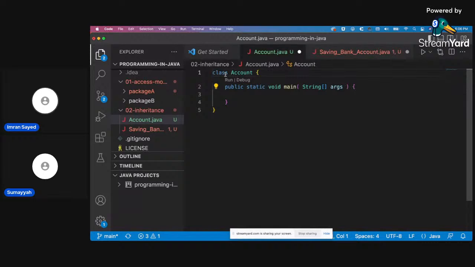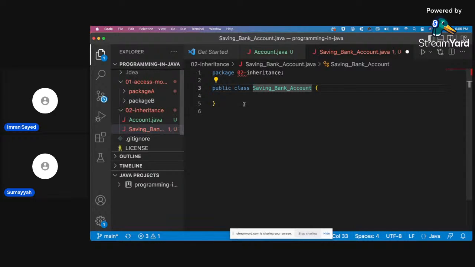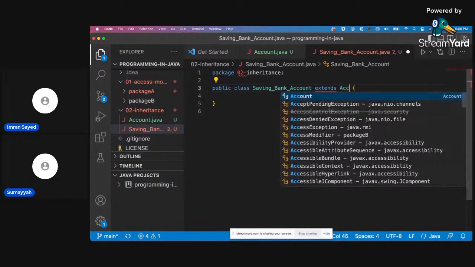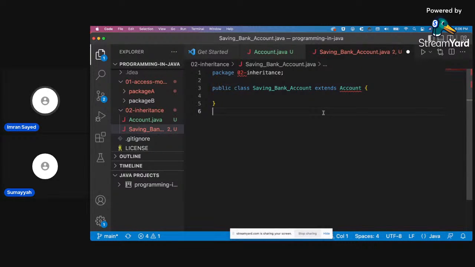Do I need to declare it public? It's not already public, it's default. Oh yeah, you're right. Okay, extends account, and I guess account won't be available like that, right?